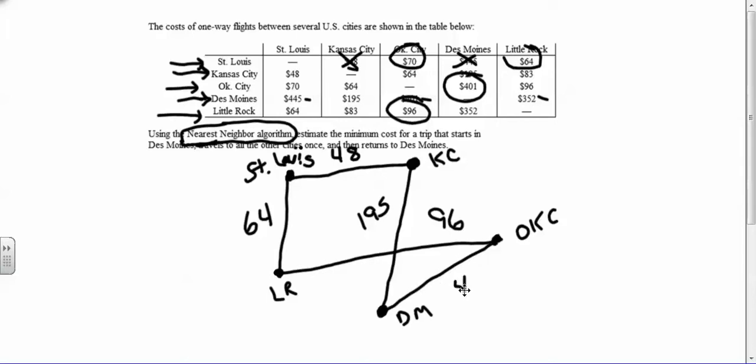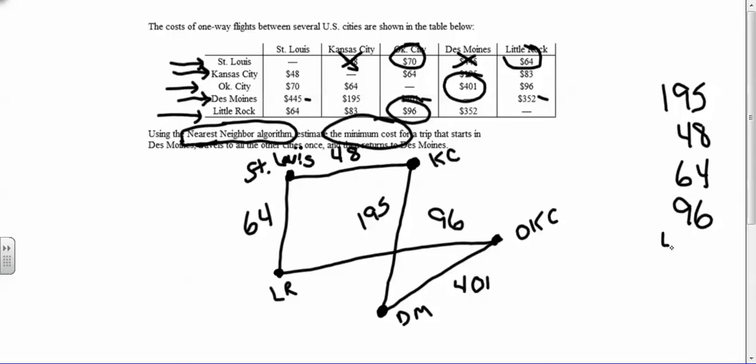So again, this one might not be the optimal solution as the brute force method would give us, but it gives us a ballpark approximate solution. So if we add all those values up, we will get an approximate estimate of the minimum cost. So again, we started off with 195, then we went to 48, 64, 96, and our greediness hit us at the end because we were stuck with taking the flight that cost $401 back. So if you add that up, you get what,